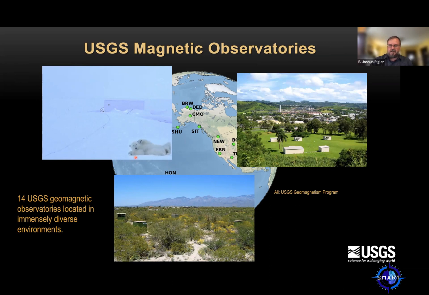There's lots of flora and fauna that you have to stay on top of. You have to regularly mow the lawns around the observatory so that we can actually access it, and this can influence our data if we're not careful in how we do it. And then there's also a general problem with the encroachment of civilization, urban and suburban encroachment, and also military bases. Many of our observatories are located near military bases, and these can introduce cultural noise into our data. So we have to minimize that and correct for it as much as possible.